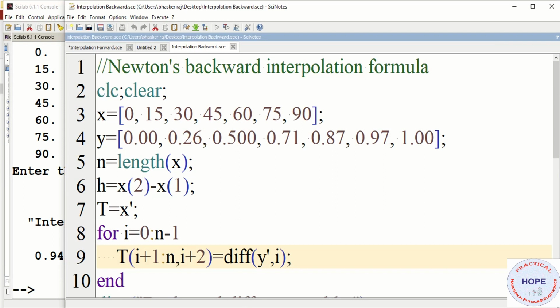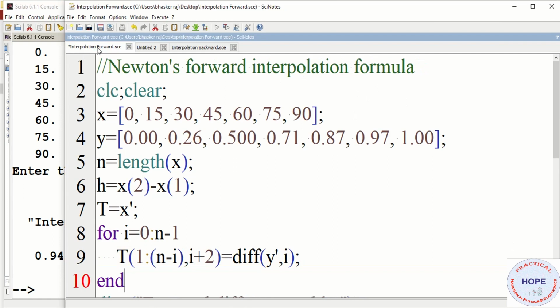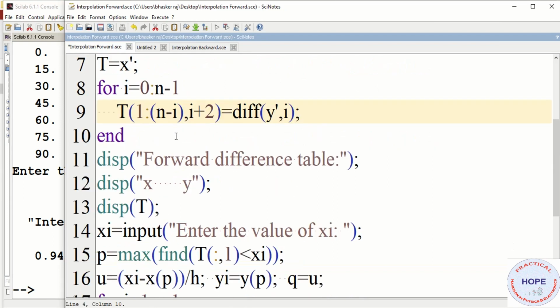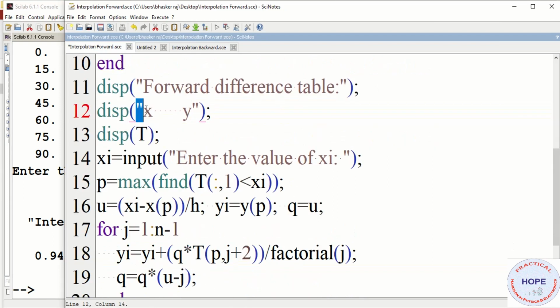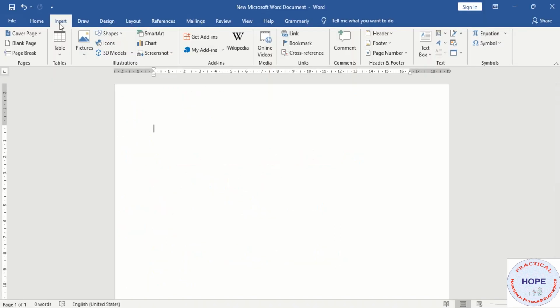The difference table will look more appropriate if somehow along with x and y we can get x, delta y, delta 2y, etc. So go to the program of forward difference interpolation. Here along with x and y we should try to write delta y, delta 2y also. Open a Microsoft Word document, go to insert, symbol, select delta, write y, copy this delta y.